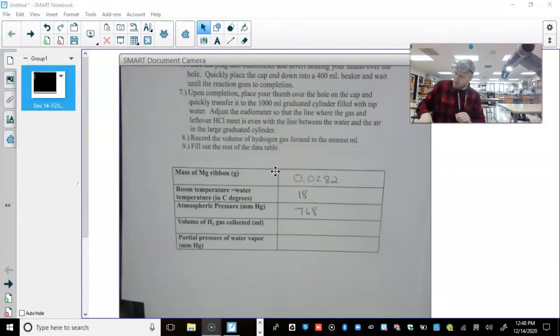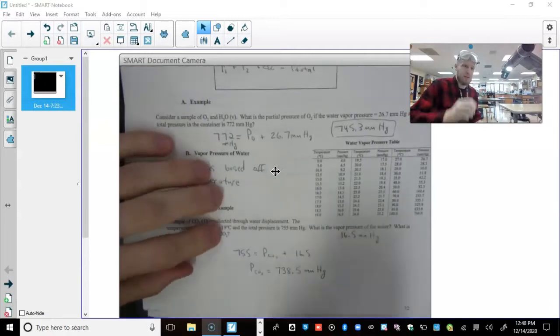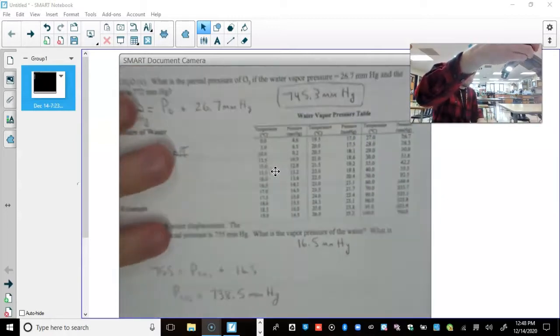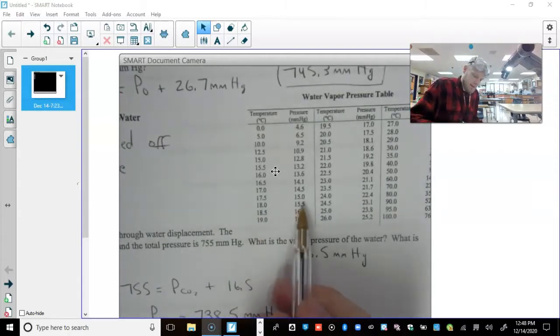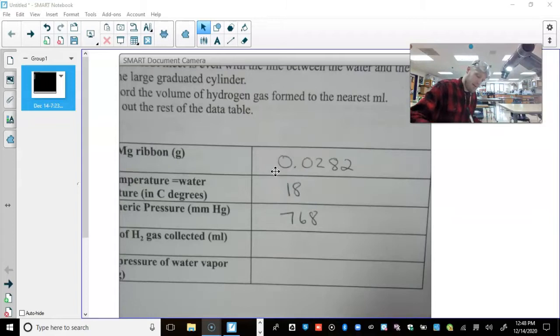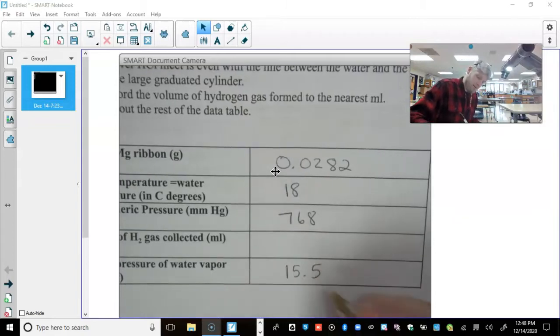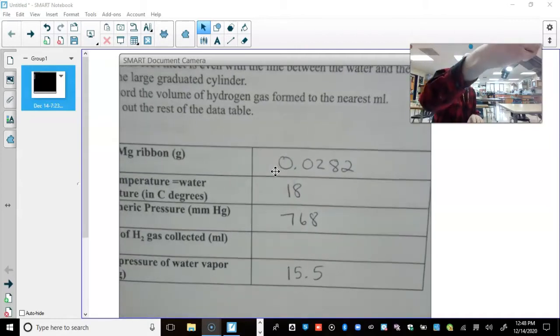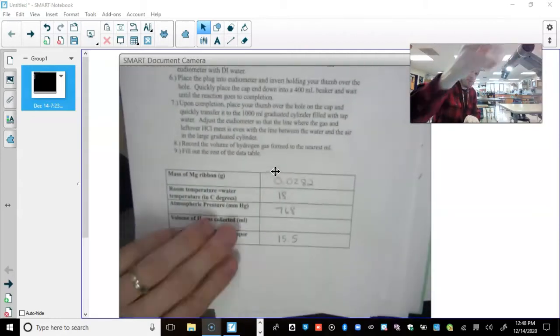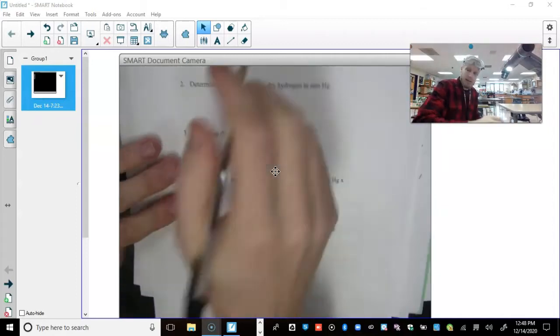So partial pressure of water vapor. Okay. So we said it was 18 degrees (Celsius), according to this water vapor pressure chart, it's going to be 15.5 millimeters of mercury. 15.5 millimeters of mercury is our partial pressure of water vapor. Right. So now we're going to go to the back page, and we're going to start